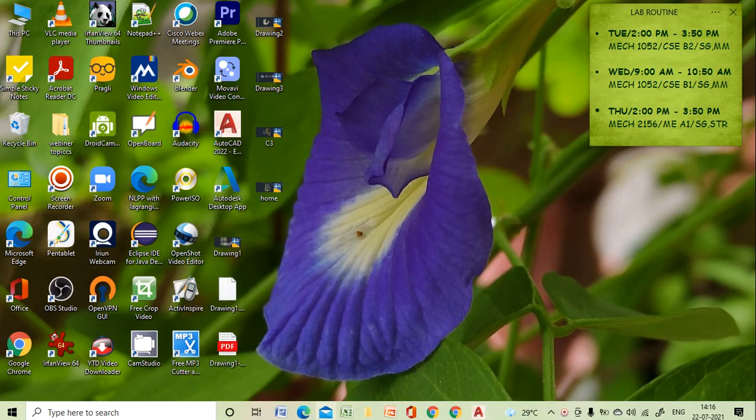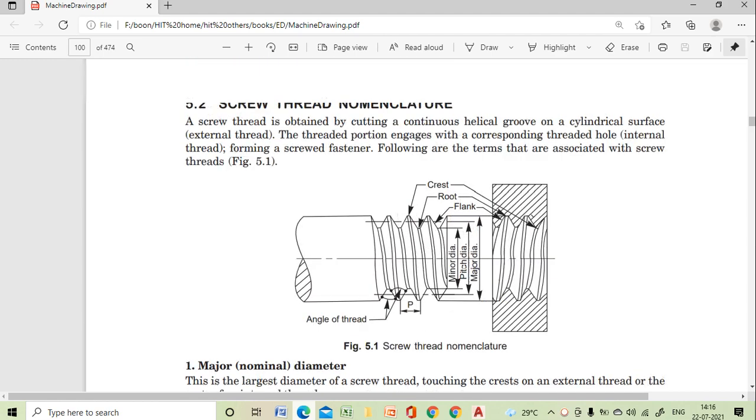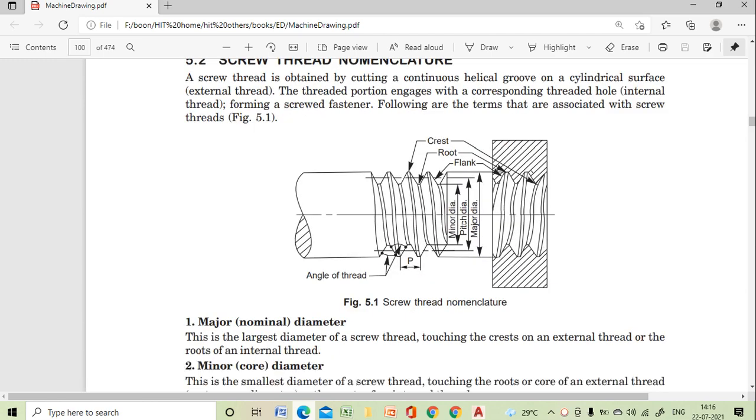So the first thing that I will discuss with you, today's topic is, we will cover the nut and bolt assembly. At first we will draw the front view, top view and side view of a nut, and then we will draw the side view and front view of a bolt, and then we will make the assembly of nut with that bolt. Okay, so that is called as nut and bolt assembly.